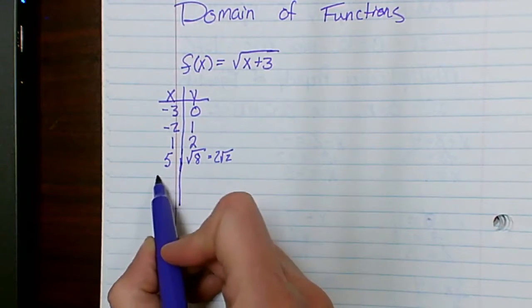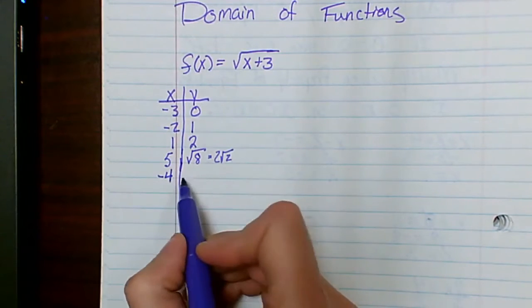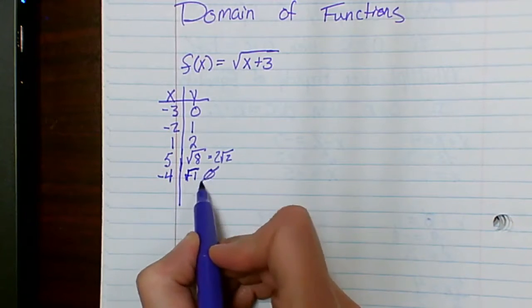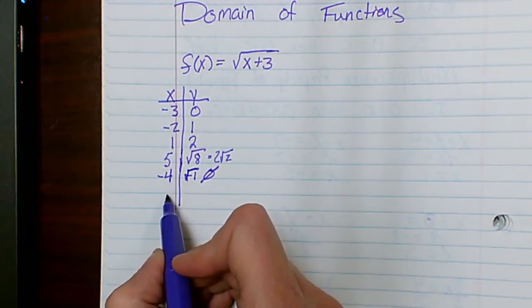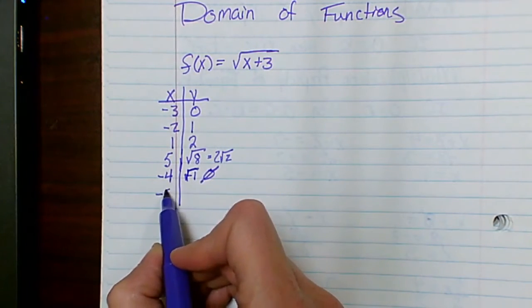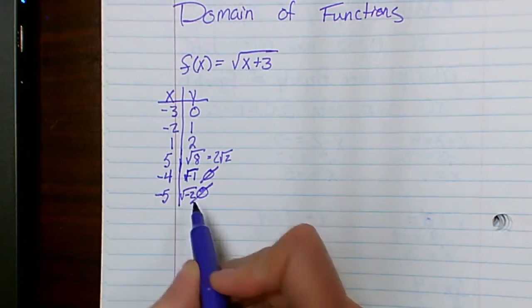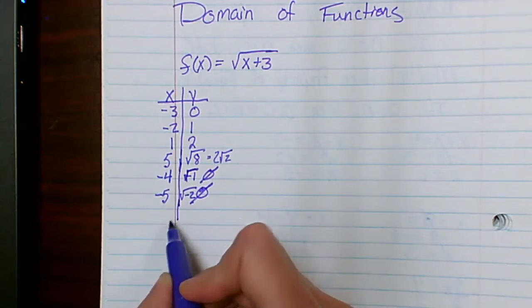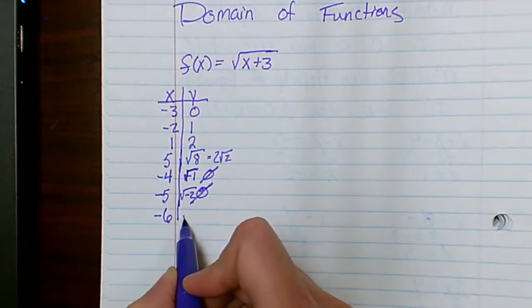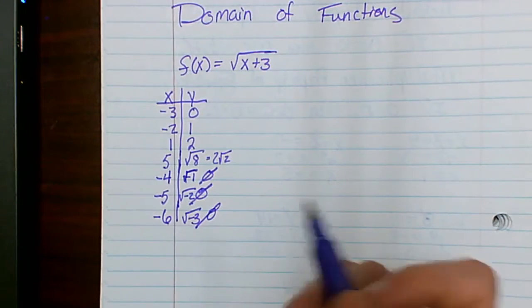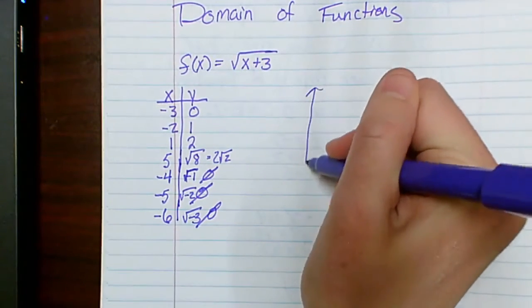Let's explore some more. So let's go negative 4. Well, this will be square root of negative 1, but it's undefined. Negative 5 will give us a square root of negative 2, which is also empty. Negative 6, that will be square root of negative 3. Again, that's undefined. So if we graph this,